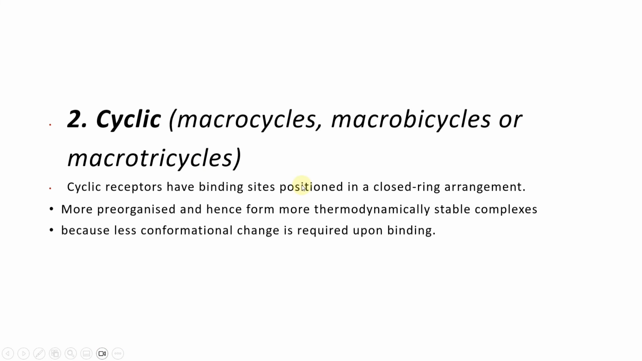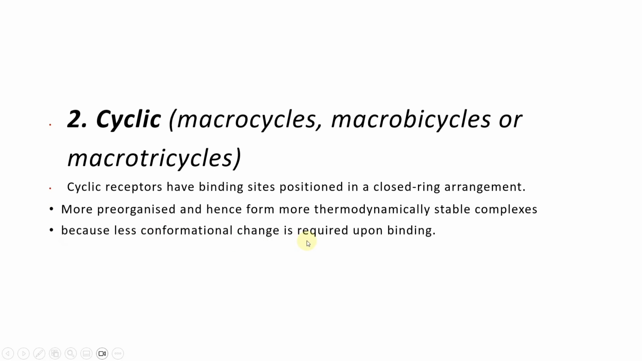Moving on towards the more pre-organized. So the cyclic hosts are more pre-organized and hence form more thermodynamically stable complexes. So if someone asks you whether cyclic or acyclic host is more stable, then you should answer that cyclic hosts are more stable. Why are the cyclic hosts more stable? Because the cyclic hosts are more pre-organized and hence form more thermodynamically stable complexes, and moreover there will be less